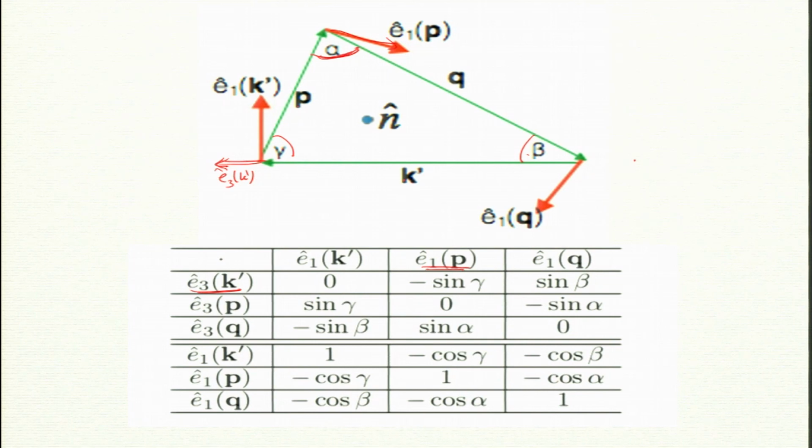Okay. So, E3 cross E1. So, this E3, E1 will be in that direction. Now, this angle is gamma. So, you do this, and you will get minus sin gamma. There are quite a few zeros. By the way, with E2 everything is 0, E2 is downward. So, E2 dot E3 is 0, E2 dot E1 is 0. So, that is a simplification for a triad. So, you will have only E3 dot E1 and E1 dot E1. Now, this is algebra. Okay. So, let us look at the next slide.